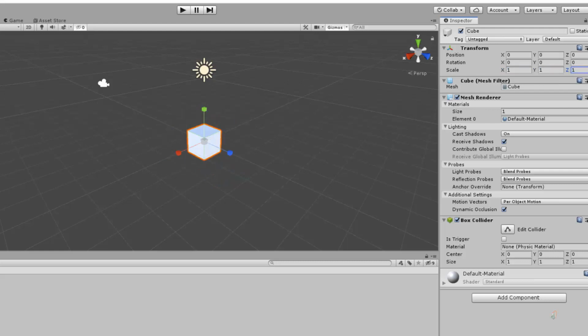So these are the transform tools that are available, and we are going to deal with these transform tools in detail in our next classes. So this is about the basic user interface of Unity. Understanding this, let us now move into our next step.